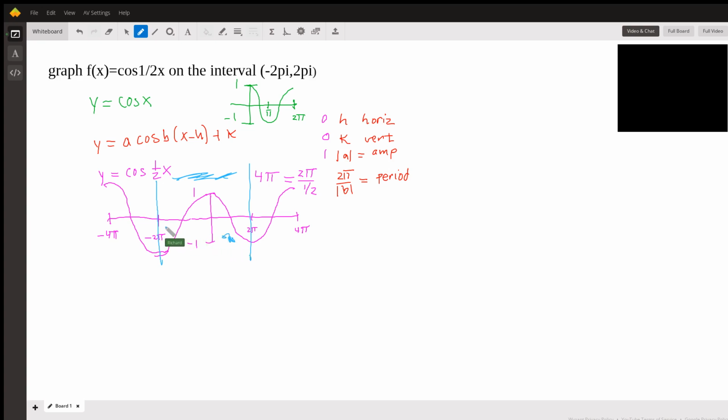You would submit a graph that looks, I'll put it over here so you can see it better. This would be 2 pi here, this would be negative 2 pi here, and it's going to go from a minimum